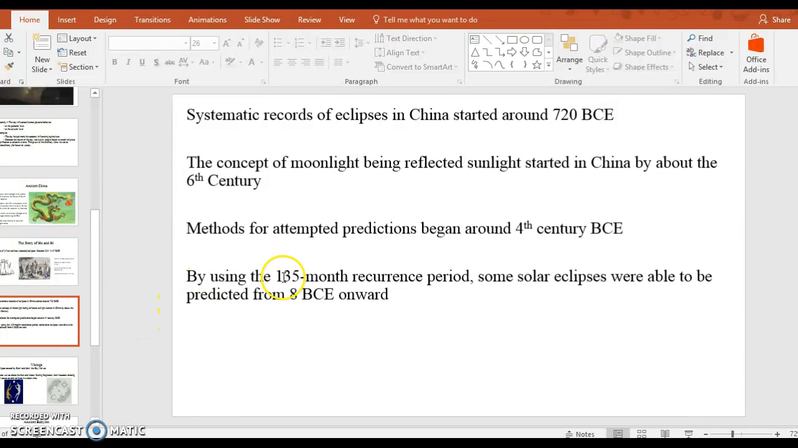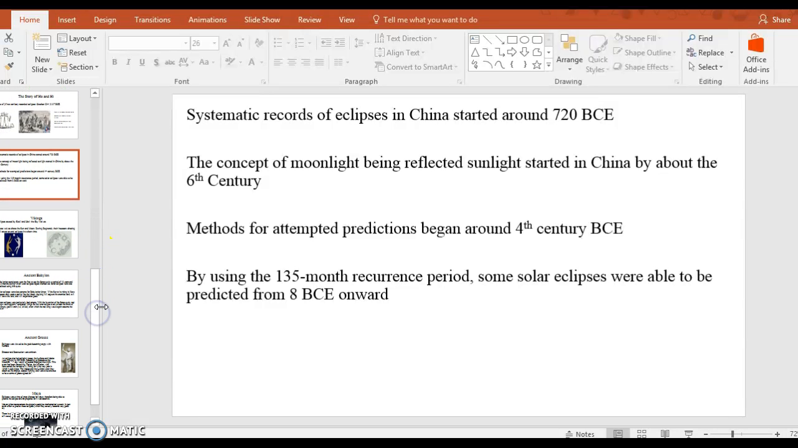And they were one of the first people to notice, you'll see here, this 135-month recurrence period. That is not an absolute recurrence period, but it seems that solar eclipses follow a 135-month pattern. And there are reasons for that. I'm not going to go into the details, but sometimes eclipses occur within that pattern, sometimes they don't, but more often than not they will, right? But as we've seen in the videos before, they don't necessarily hit everywhere on the Earth. So even if you predict that an eclipse should occur, you may not see it if you're an ancient Chinese